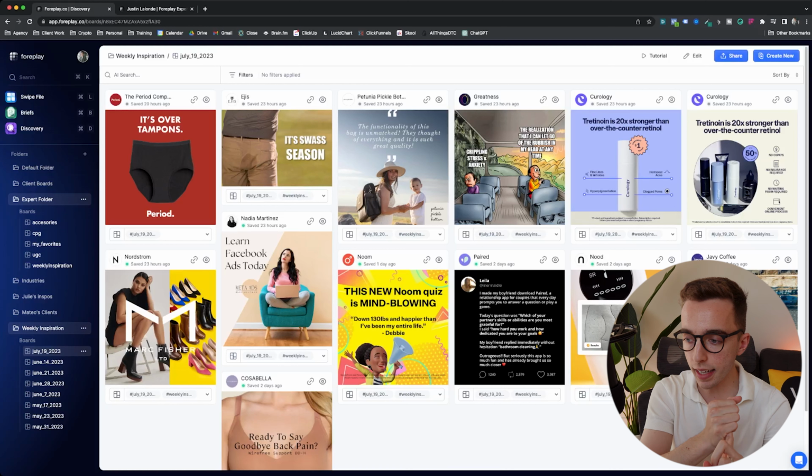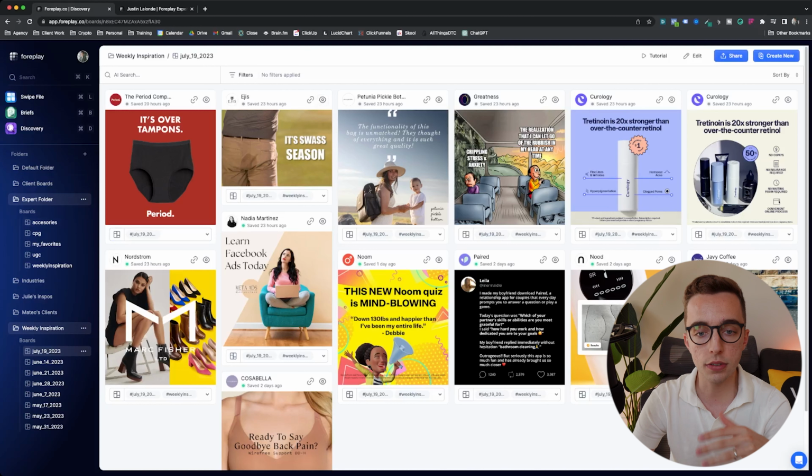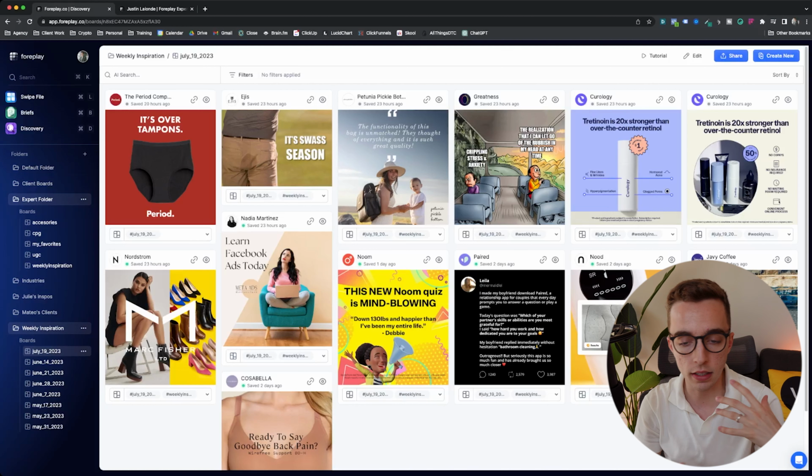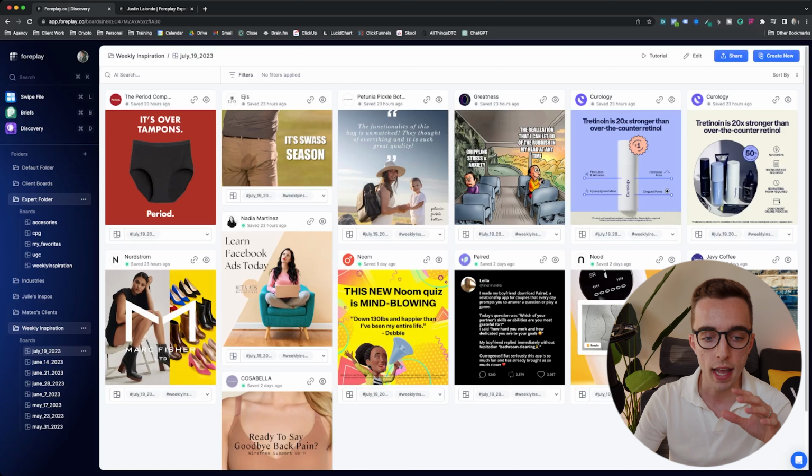Now, the second thing that we might use this Foreplay swap file for in that context is for our ad editors to develop a stronger sense of editing capabilities and industry knowledge. I've heard many times over from some of our team members that they've had a hard time understanding the marketing basics. And I'm talking about ad editors, right? Ad editors oftentimes come from a design or a motion graphics background. And if they aren't really well versed in the sphere that you're onboarding them in, it might be hard for